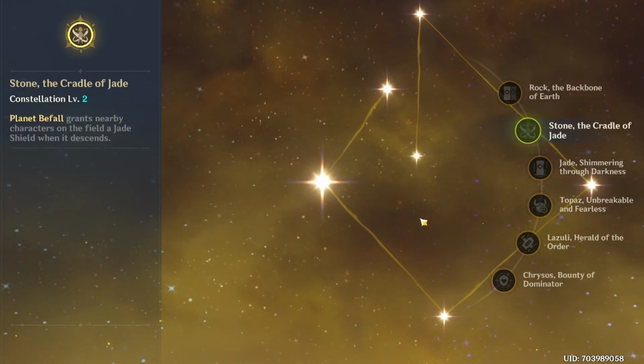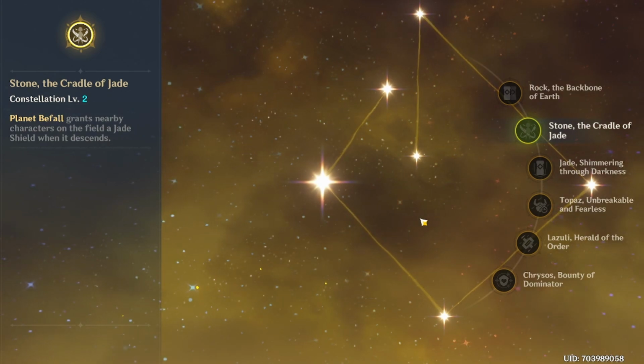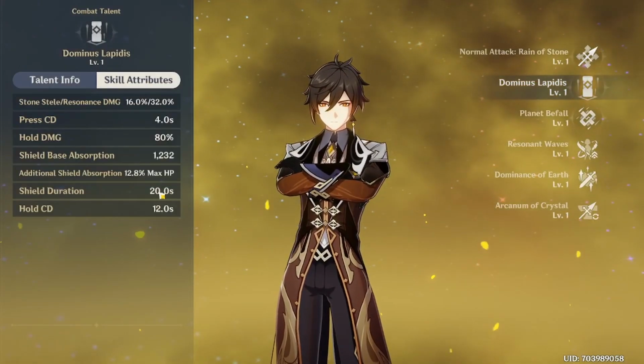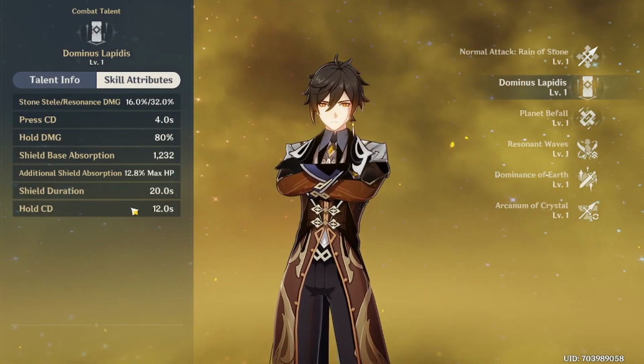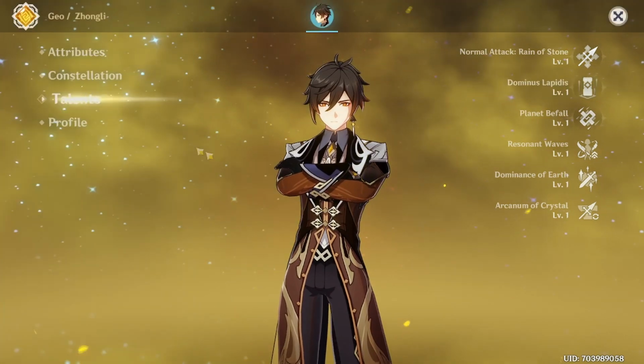C2 is probably his best constellation because it tightens up your rotations a bit. It enables you to use your burst and generate a shield at the same time, so you don't have to make the choice between the two. Gives you higher shield uptime, and it also enables for your burst not to be a completely useless ability, because